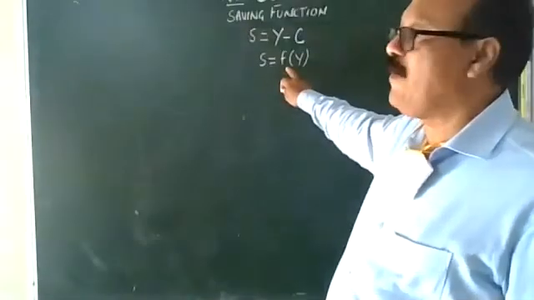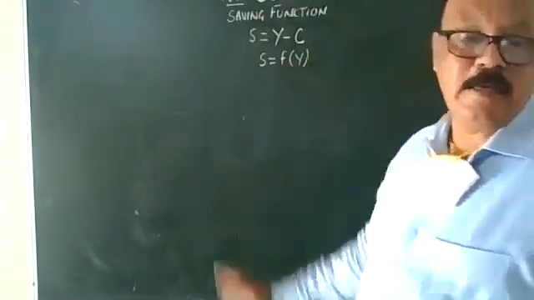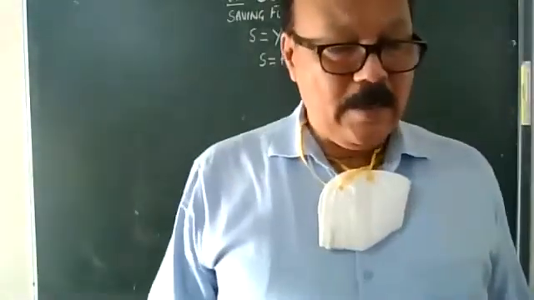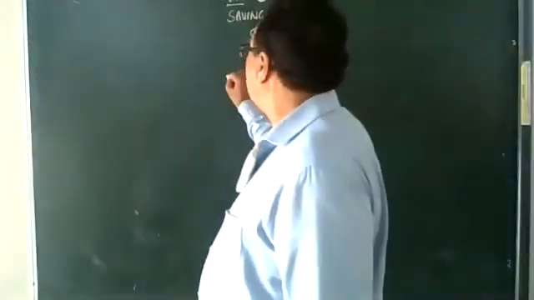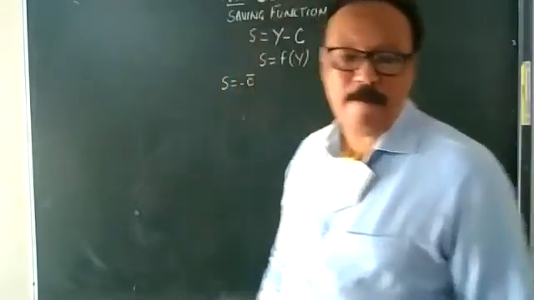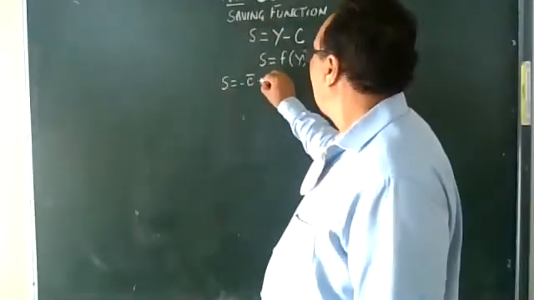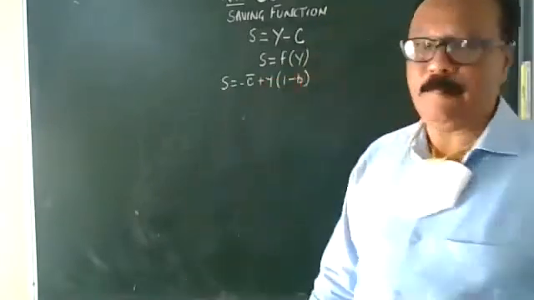Saving function is the functional relationship between savings and income, and it can be written in the formula S is equal to minus C bar plus Y into (1 minus b),